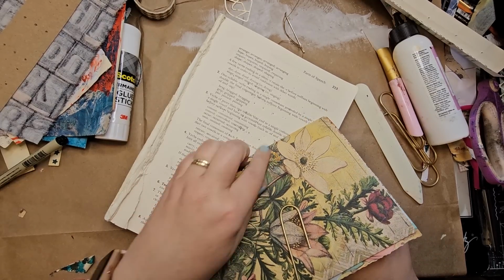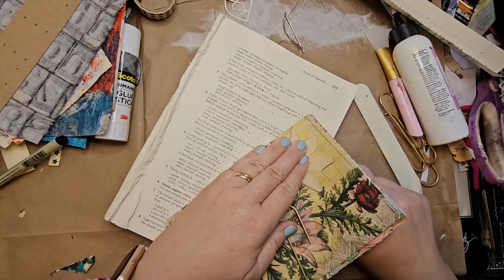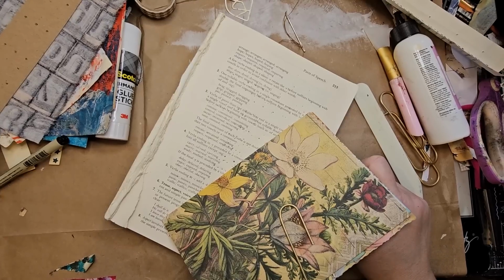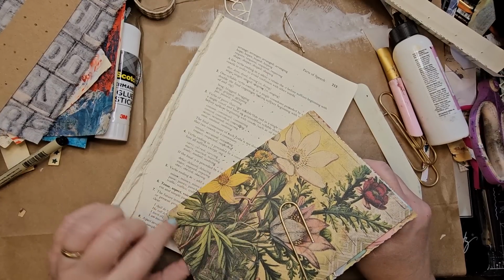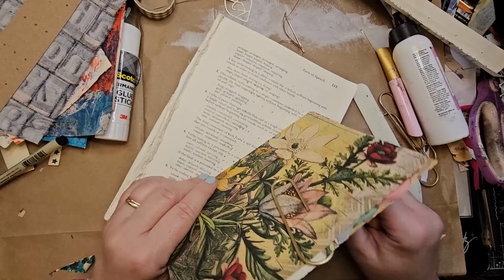So see, I'm coming out at the spine, fortunately. That's the important part. That was my first mistake when I made my first journal. That was the thing that went wrong, is I ended up with a couple of the holes that were on the side, on the outside